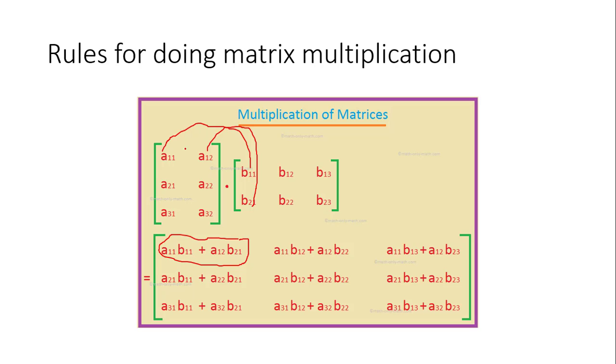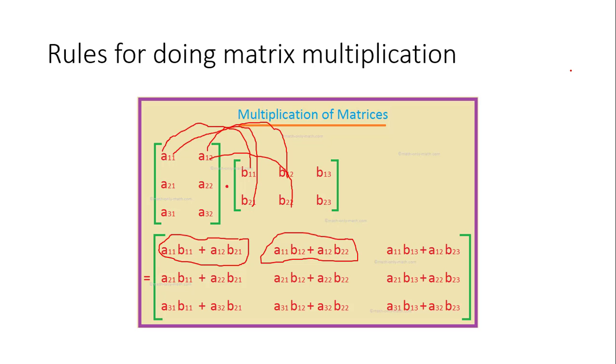Okay, so next, A11 is multiplied with B12 and A12 is multiplied with B22. So after the dot product multiplication, the products are added up. So in such a way, all the elements of A and B are multiplied by using dot product. So now we know how to select the input matrices for doing matrix multiplication and how to carry out the matrix multiplication process with the help of dot product.